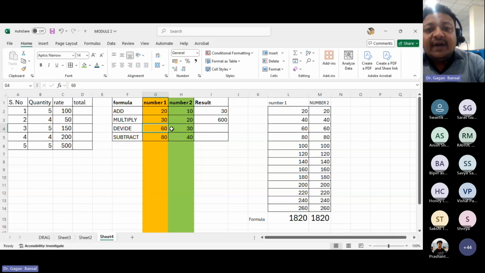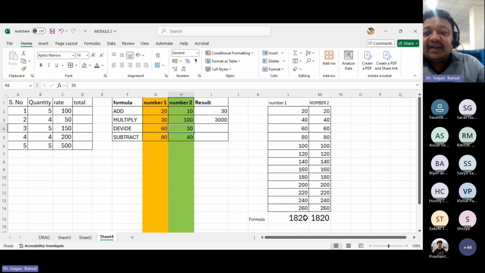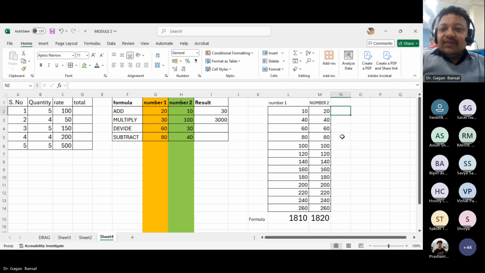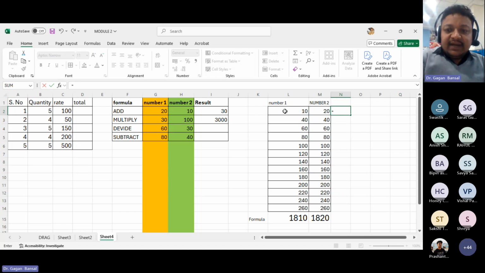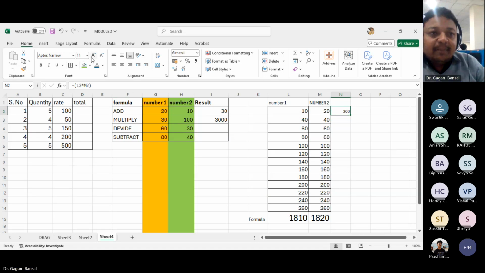अब अगर ये 40 की जगह 30 कर देंगे तो बाय डिफॉल्ट आपका आंसर चेंज हो जाएगा, ठीक है। 20 की जगह कुछ और वैल्यू लिख देंगे, तो जो भी आप वैल्यू करेंगे अपने आप आपका फॉर्मूला अपडेट हो जाएगा। दिस इज वेरी इफेक्टिव, ठीक है। लाइक फॉर एग्जाम्पल मैंने यहाँ पे 1820 लिखा था, अगर 10 माइनस कर रहे हैं तो 1810 बाय डिफॉल्ट हो जा रहा है। अब ये तो हो गया कि अगर हमें सिंगल नंबर को सिंगल नंबर से मल्टीप्लाई करना है। क्या किया मैंने, इक्वल टू किया ब्रैकेट ओपन 10 मल्टीप्लाई बाय 20, दैट इज L2 मल्टीप्लाई बाय M2। आंसर आ गया आपका 200,